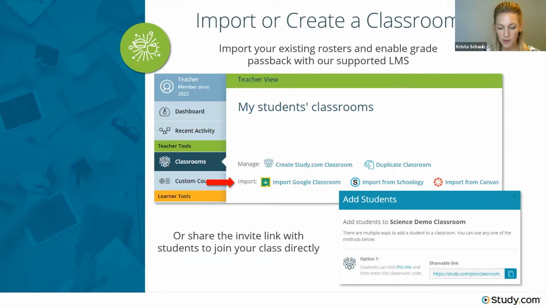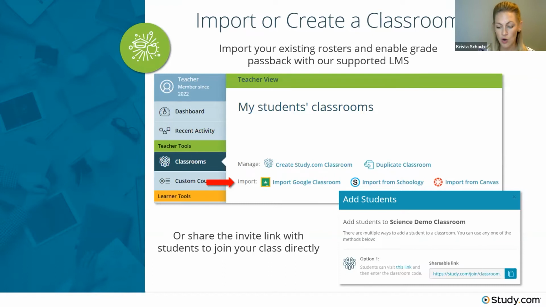Gordon, I might interrupt you there. We did just get a question in the chat, and it says, you said something about the school plan being different than the teacher plan that I have. How does that impact? Oh, okay. So I think this teacher is really trying to understand. You mentioned that with a school plan, there is a deeper level of integration with the LMS.